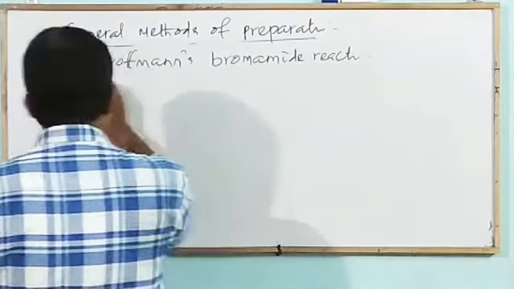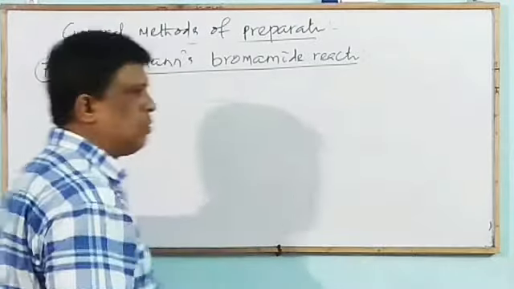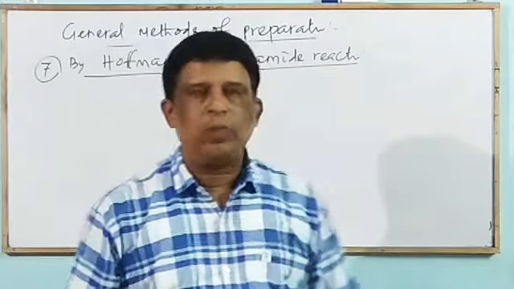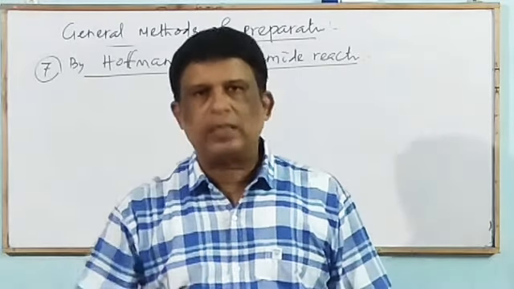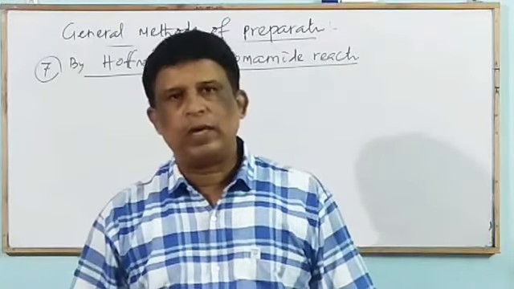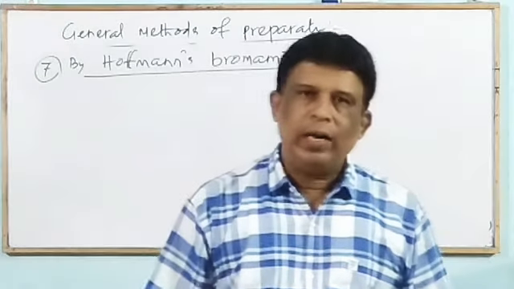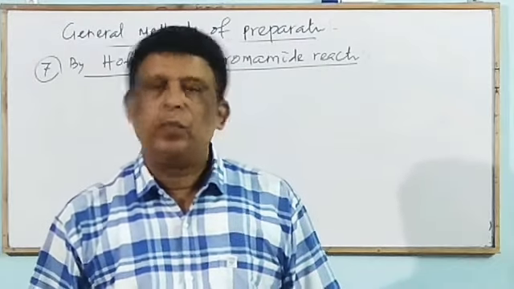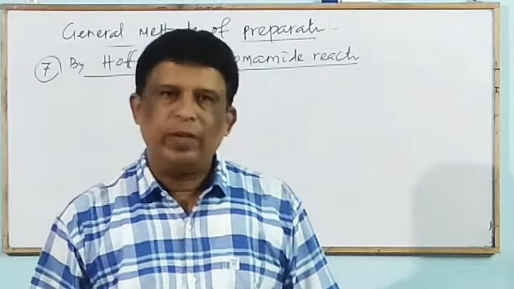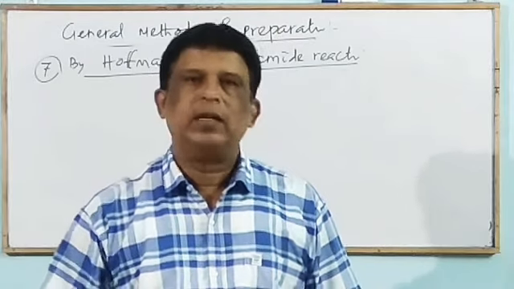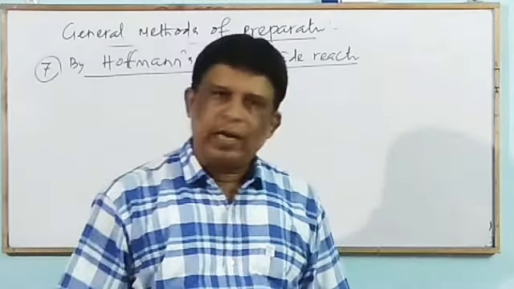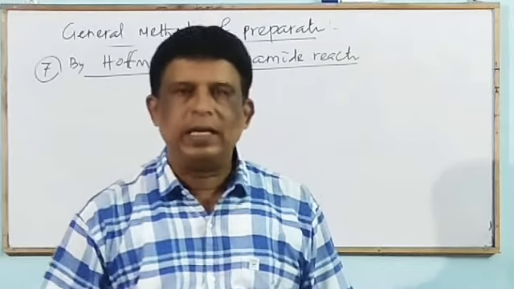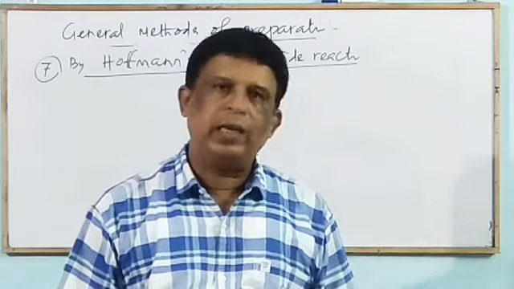It is otherwise also known as Hofmann degradation reaction because here the daughter, that is amine, is formed having one carbon atom less than that of the parent one. What is the statement? When acid amide is heated with bromine in presence of aqueous alkali, primary amine is formed having one carbon atom less than that of the parent one. It is an important reaction for stepping down, for descending series in conversion, aliphatic and aromatic.